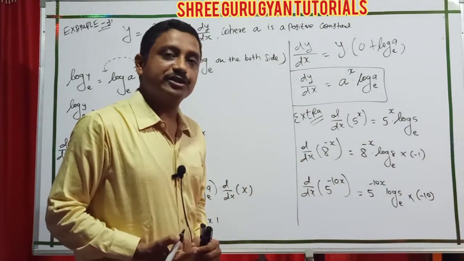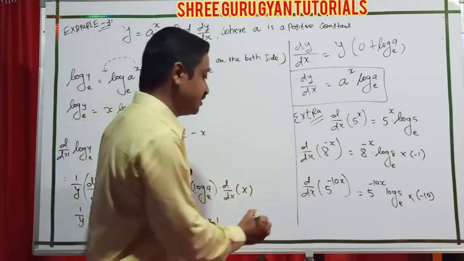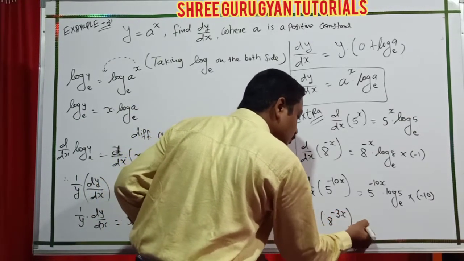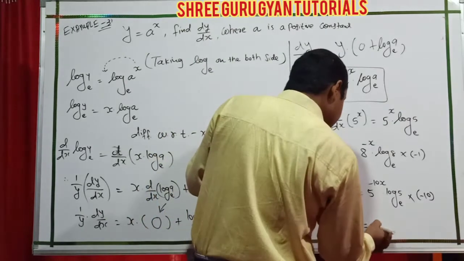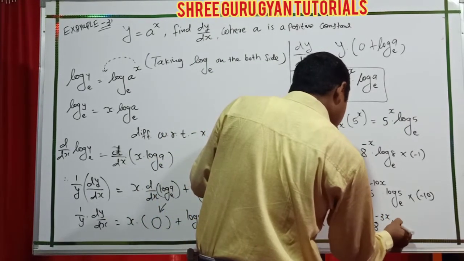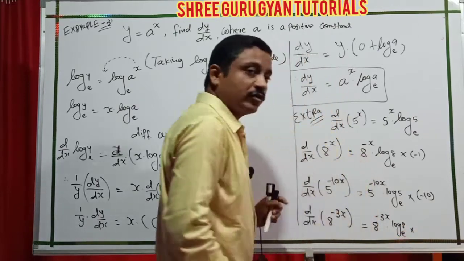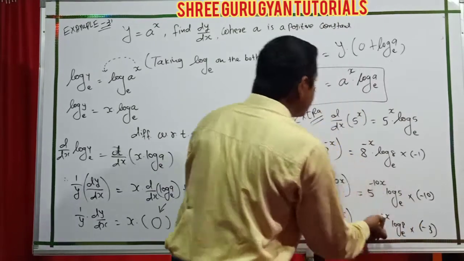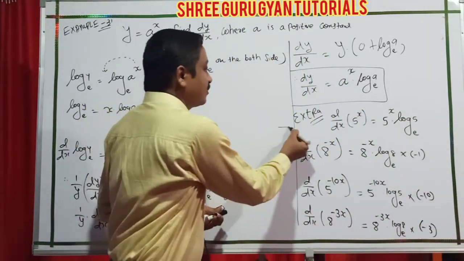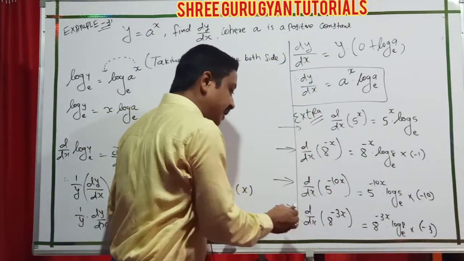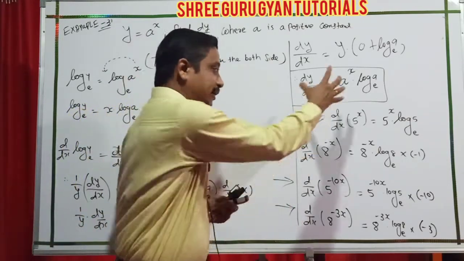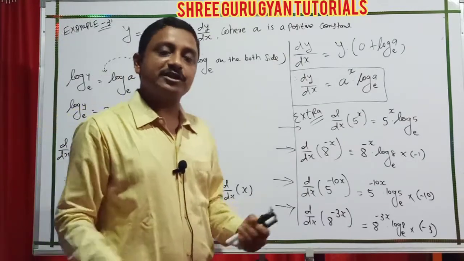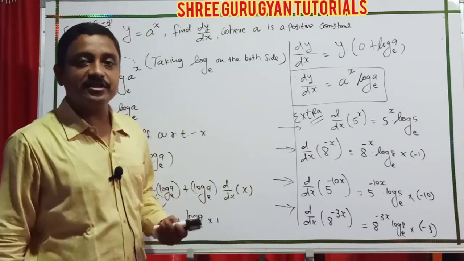Yes, students, I hope you understand what I am teaching for this type of function. One more, see d dx of 8 raised to minus 3x. So what is the answer? 8 raised to minus 3x into log 8 base e into what is the coefficient of x? Yes, see, minus 3. So these answers are different. Maybe you can directly try them at MCQ level, or try this numerical by this method of taking logarithm and calculation. It's very simple and easy.